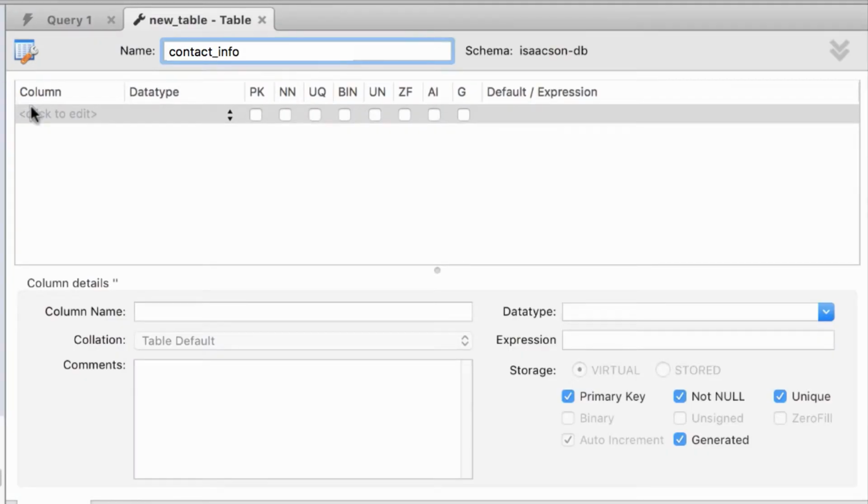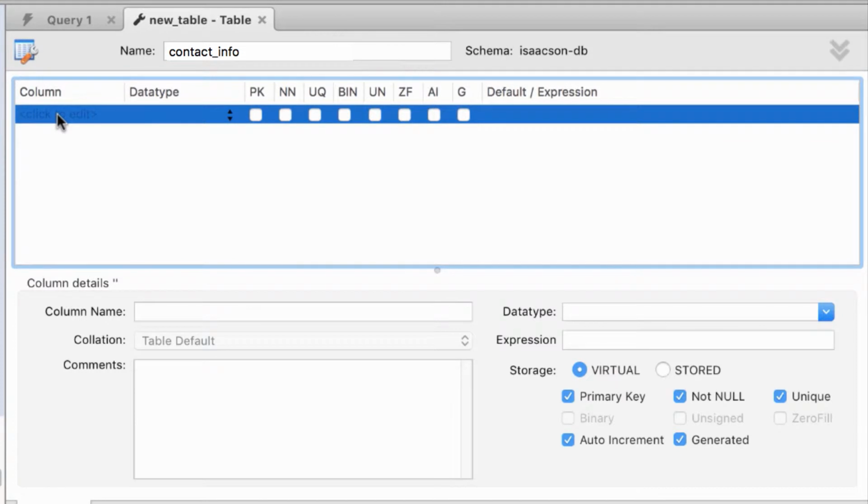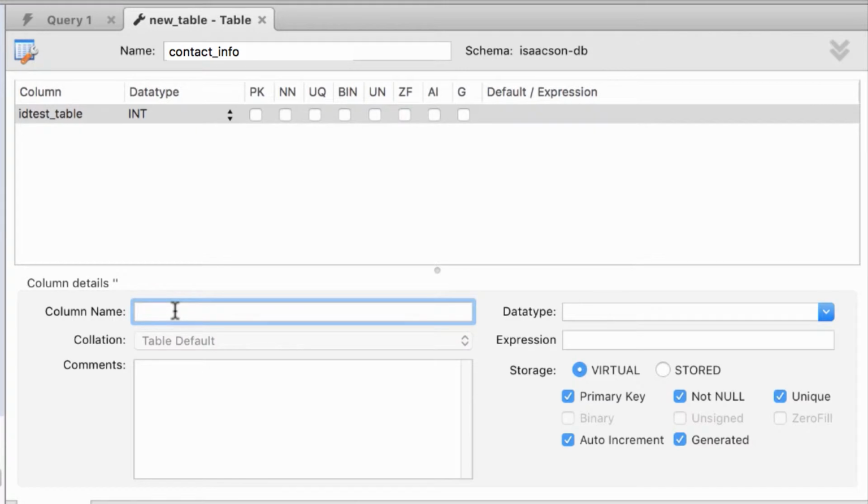Then what's down below is we need to create columns, and those columns are what's going to store our data, and each column will hold a different data type. So we need to go in, and where it says click to edit, we need to add a data type. So I'm just going to click on it, and the neat thing is if I click to edit there, down here on this lower portion is where I can fill in information. So I'm going to give this a column name, because the first thing that we usually need to do, and is highly recommended in the vast majority of tables that you create, is to give it an ID. And so that's what we're going to do. And so I'm just going to call this contact